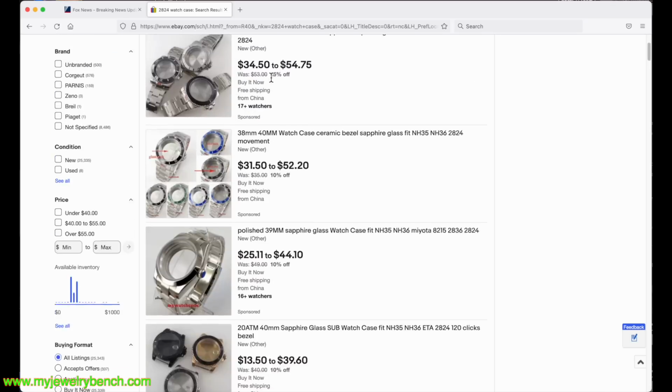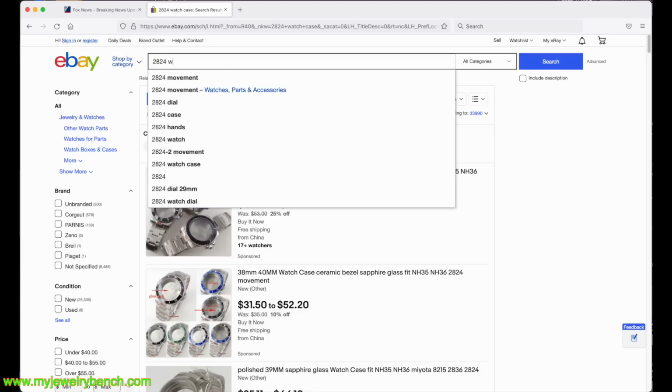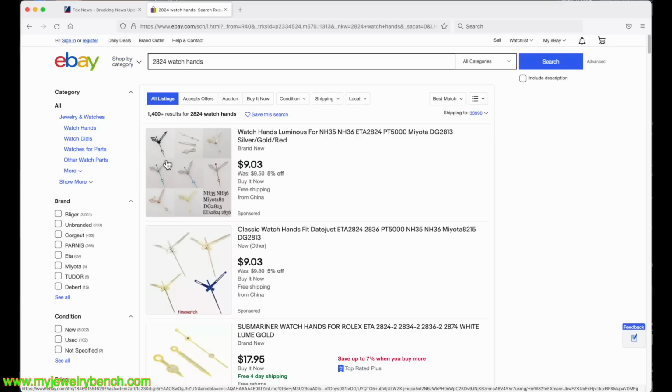Now, you're going to want to look for hands for the 2824 movement because obviously that's the movement I'm using. So do that, 2824, watch hands. And now that'll bring up the complete styles. Now, I'm going with a black